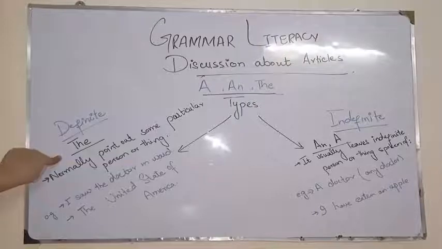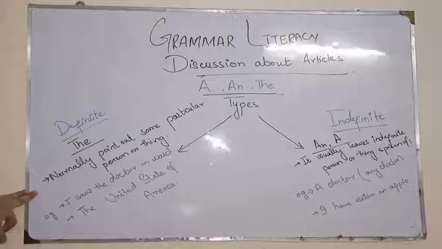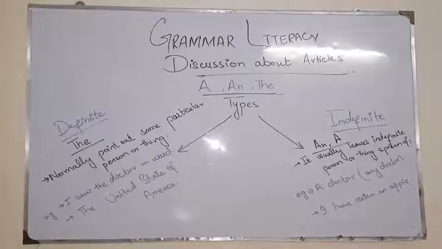Definite article is the. You also know that we have used the with many nouns, with many names of things, persons or places. So let's discuss where specifically the is used. Normally the points out some particular person or thing. It is going to deal with some specific person, a very important person, or some person who has some characteristics and is renowned, or a thing. That could be a thing or that could be a place. So this is called the definite article.